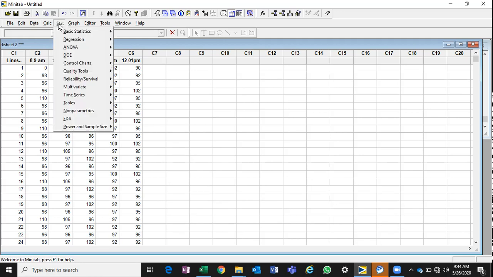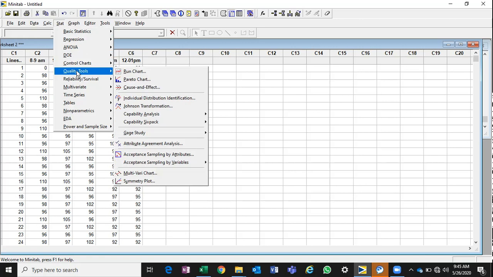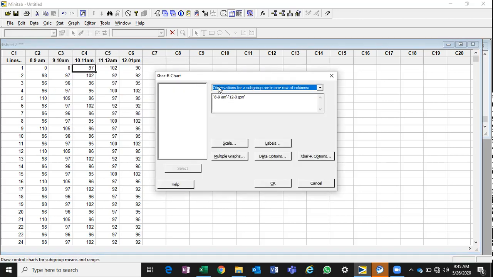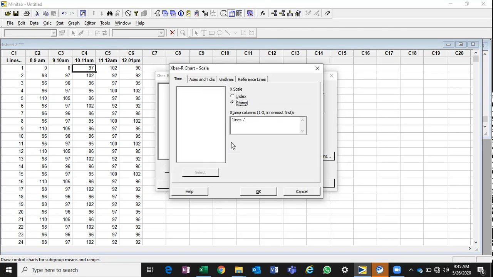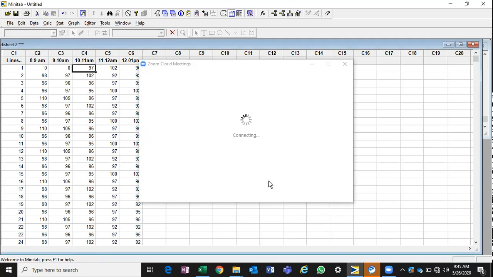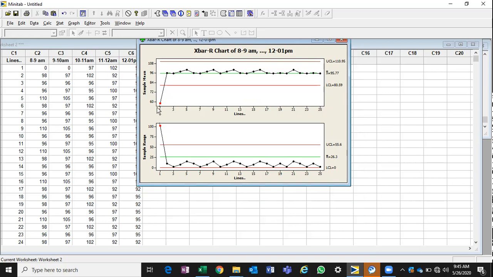Start, Quality, Control Charts, Variable, Subgroup, and X bar. The same thing, X bar, I'm just double checking it. Okay. Here you can see this is completely out of the range.